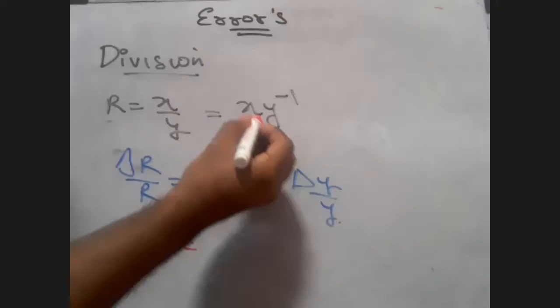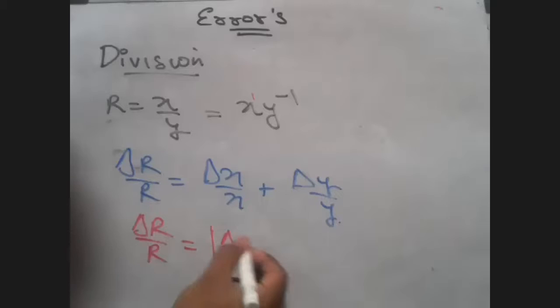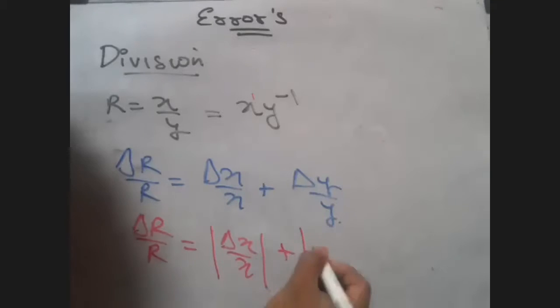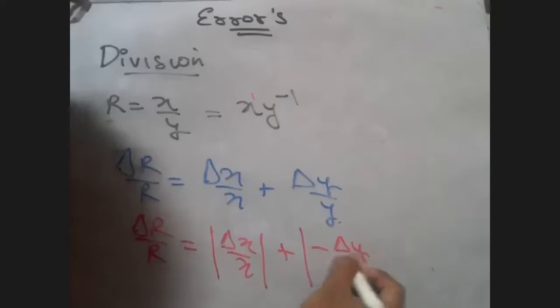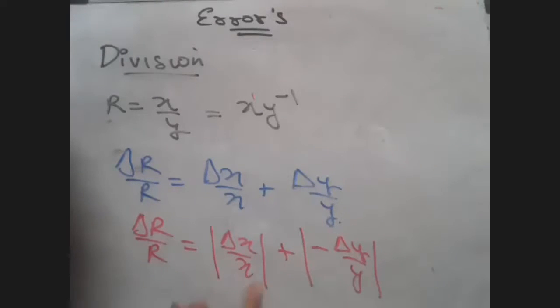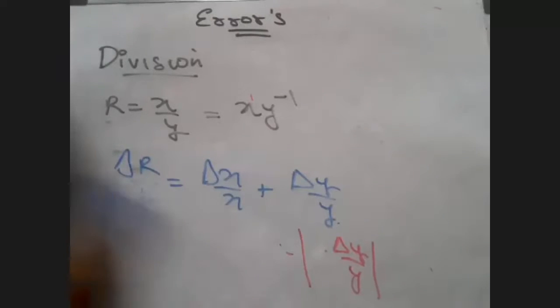Yes, here the exponent of x is 1. So I will take 1, so I will write it as it is, delta x by x. And the exponent of y is minus 1. I will take that minus 1 inside this mod function, and I will write delta y by y. Ultimately, what will I get? I will get delta x by x, and I'll remove this minus 1 outside of the mod function. Basically, anything which goes inside the mod function turns out to be positive. So ultimately, I will get delta x by x plus delta y by y. Is it clear, everyone? Yes, sir. So we saw all the four functions of multiplication and division.